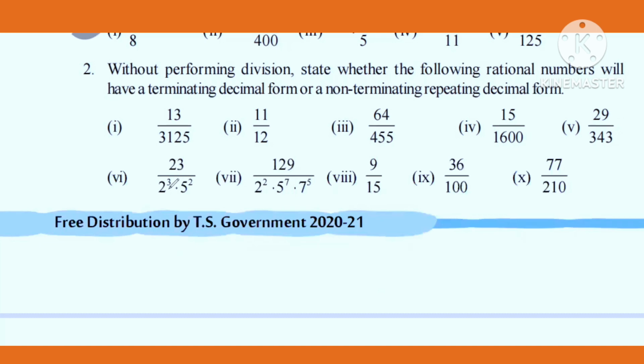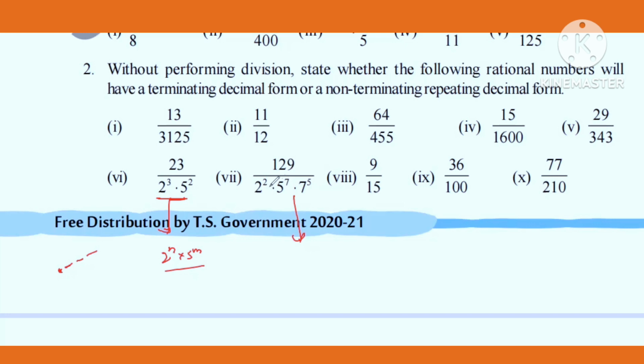In this one, you see that it is already given. This is terminating. Why? Because the denominator is in the form of 2 power n into 5 power m. And also you can say the number of decimal places if you write it in decimal form. Here the maximum power is 3, so after the point we get 3 decimal places. If you divide 23 by this number, we get a decimal number, and in that we have 3 decimal places. And if you see this second one, the 7th one,